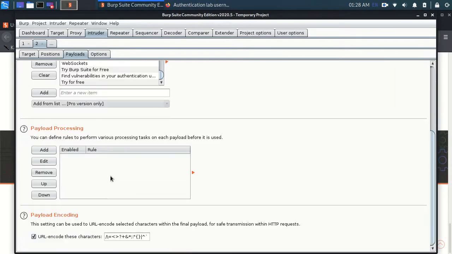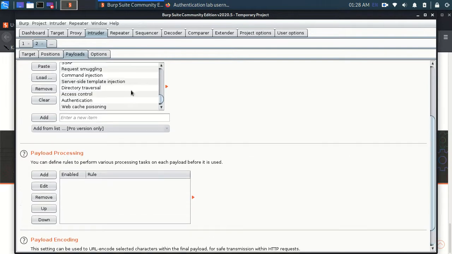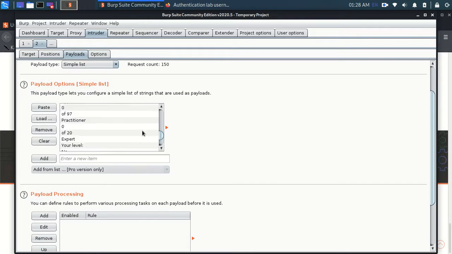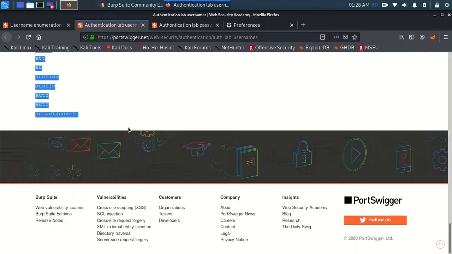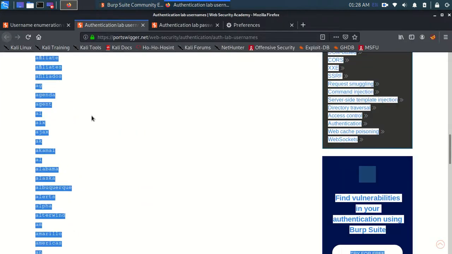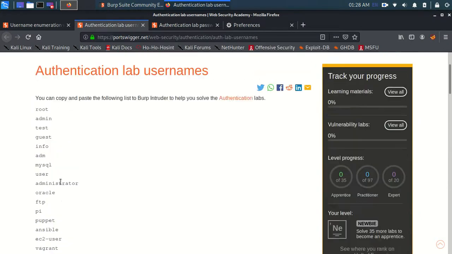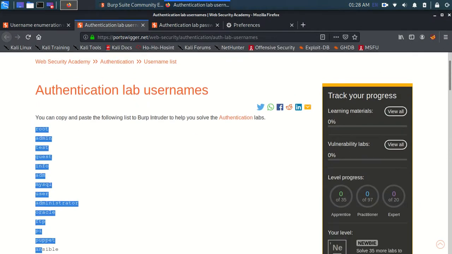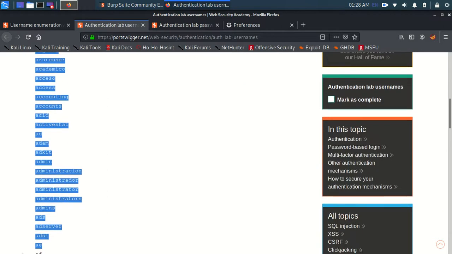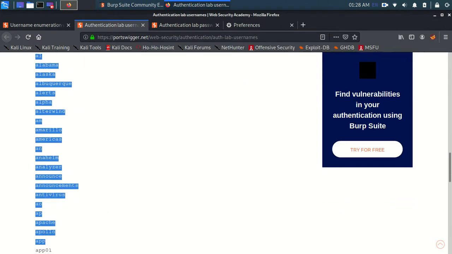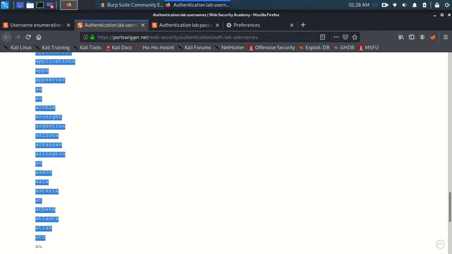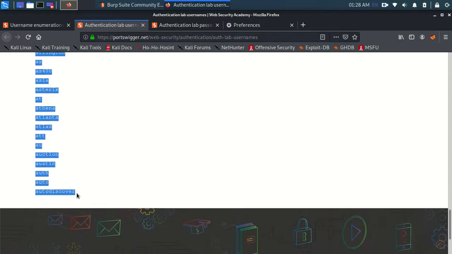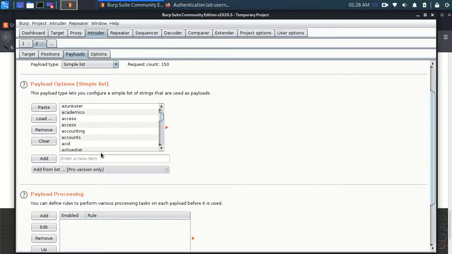After pasting it, you will notice, one second, okay, fine, by mistake I actually copied the other part as well. So let me go down and copy all of these till here. So I've copied this, and I'll clear this and paste it. These are the usernames which we are going to try.